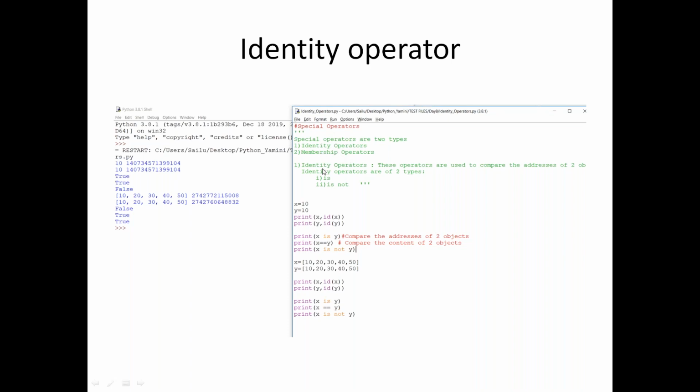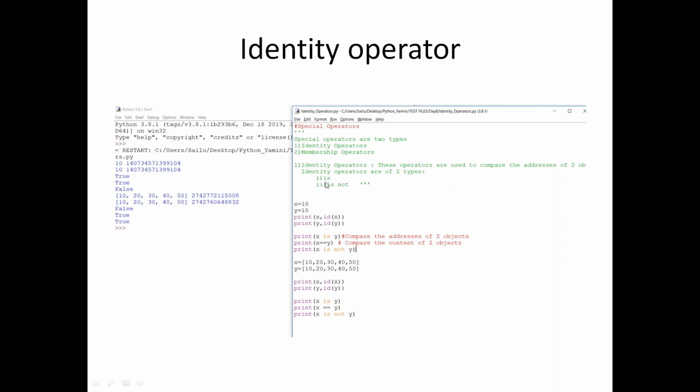Today we are discussing identity operators. These operators are used to compare the address of two different objects. So I have one object for X and another object for Y. Are these two objects the same or different? To identify that, we are going to use the identity operator.